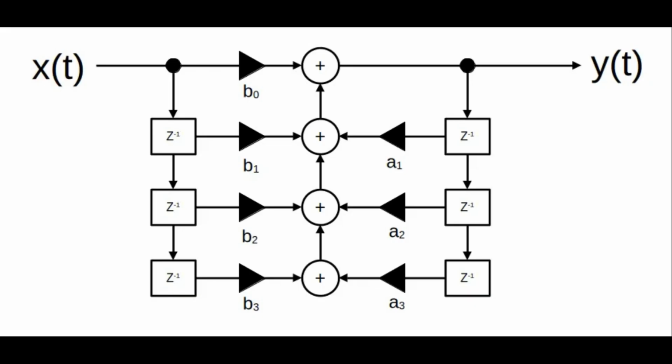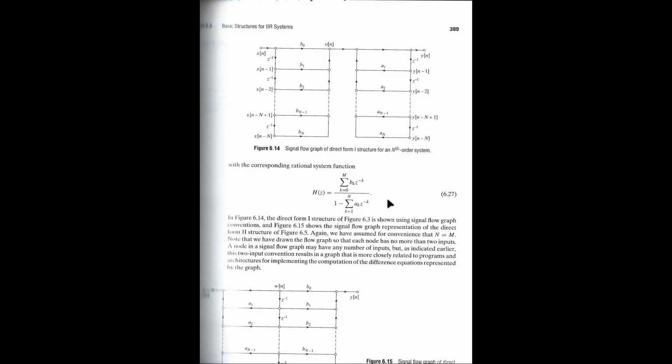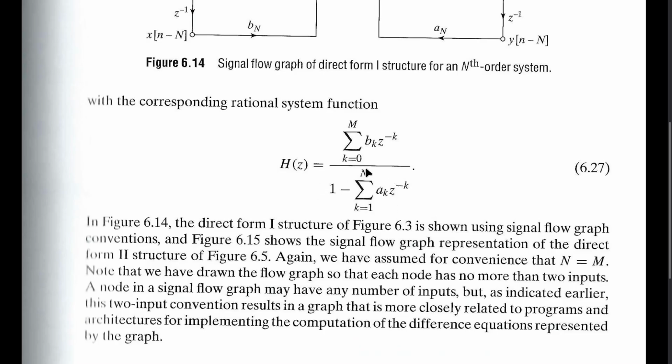Another point: IIR filters typically use the number of A taps as the defining feature. So if I come back to here, each one of the A values corresponds to a pole. When you're talking about IIR filters, you'll typically see something along the lines of a 4-pole filter. That just means that it has 4 feedback, or A, taps.